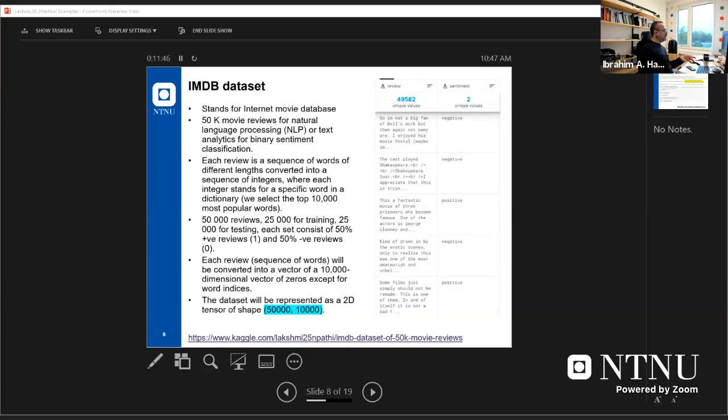numbers, right? If you have a book, I can just convert this book into a list of numbers or a vector of numbers. So if you have an A4 page full of text, we can convert it into a vector of numbers. Later on, we can use one-hot encoding, any kind of encoding. We can use autoencoder for dimensionality reduction. There is something called word embedding, for example. But first we need to assign a word index to each word and convert each sequence of words into a